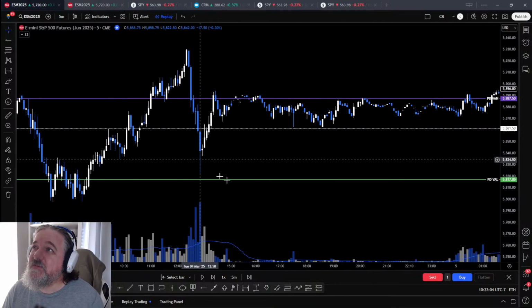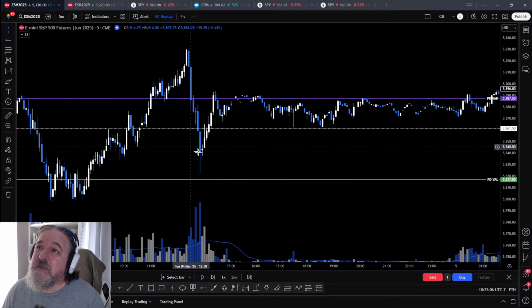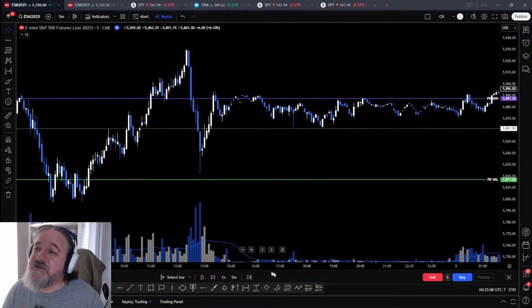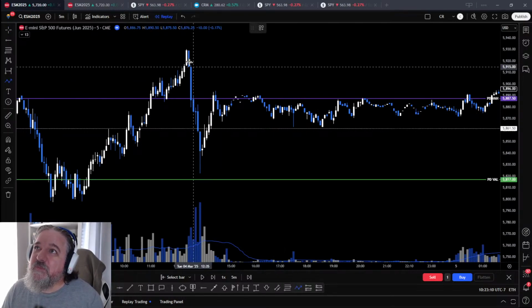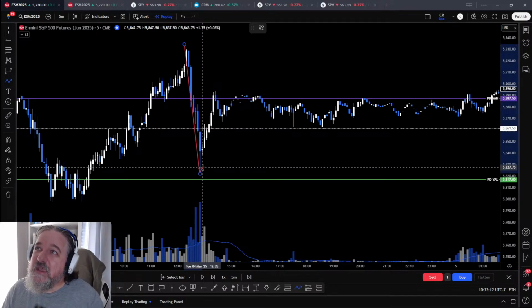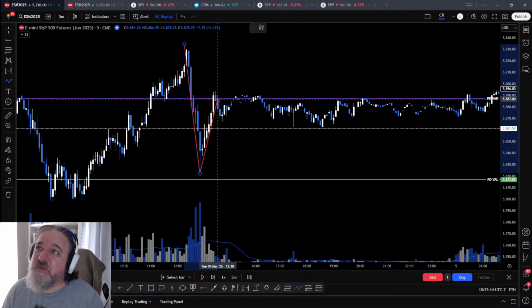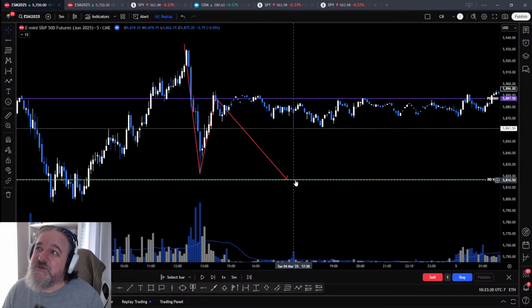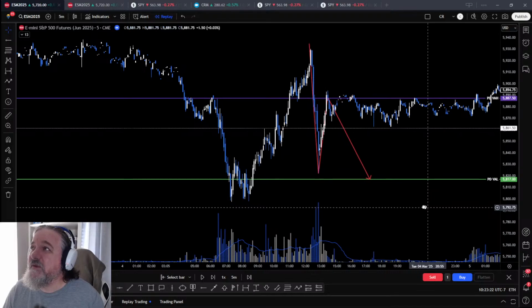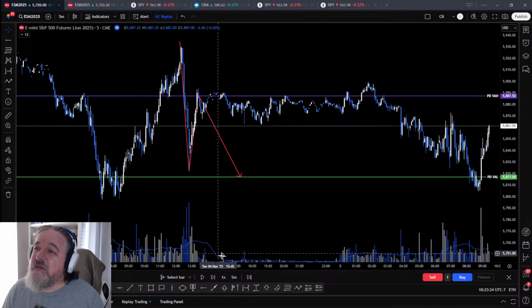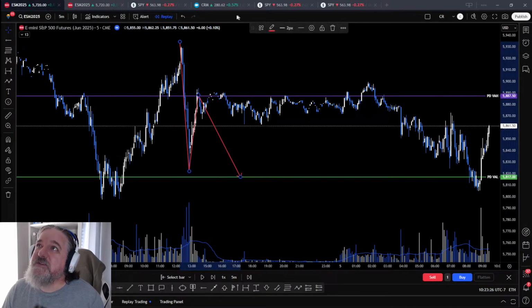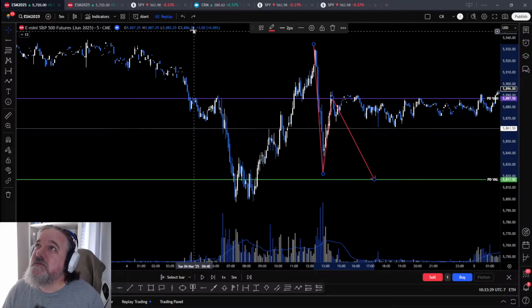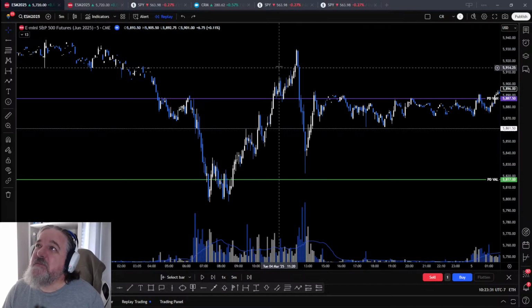The reason I'm showing this specific example, and we're going to talk about some psychology, we broke inside, had our 3 5 minutes or more below, retested. This is where you would enter puts and/or shorts, and we're targeting the previous day value area low. If I, and actually, I want to undo what I just did. There we go. If I'm taking this trade,